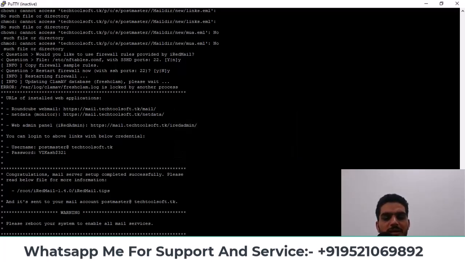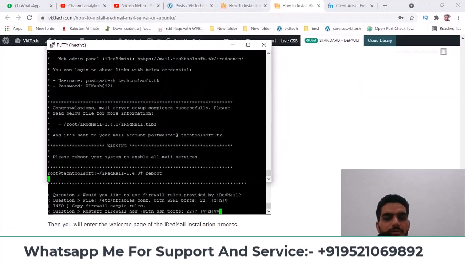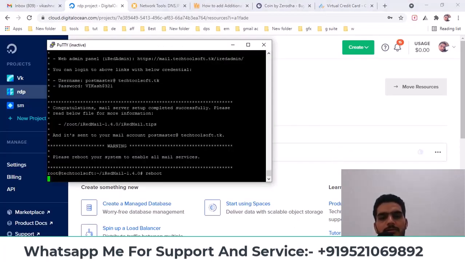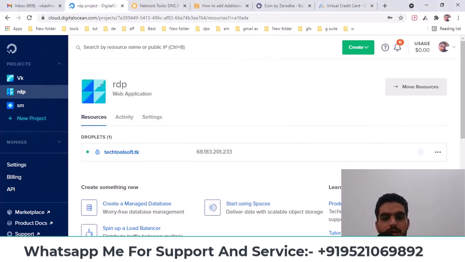You'll need to reconnect after about 4 or 5 minutes. If you try to connect immediately, it won't work. So wait for 4 or 5 minutes, then log in again using the IP. I'll pause the video now and continue after the reboot. After rebooting,